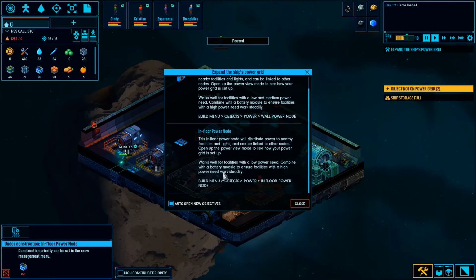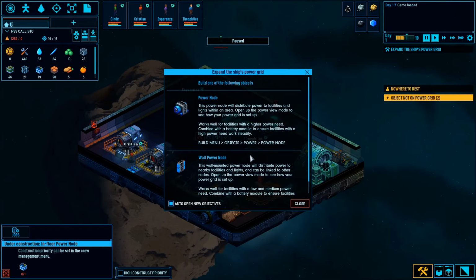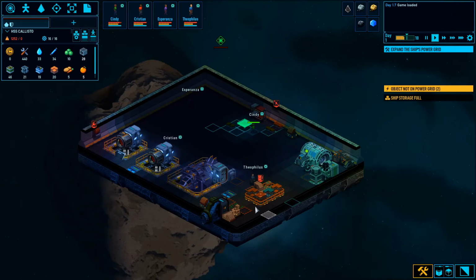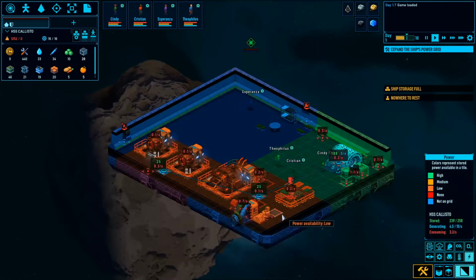In-floor node. Works well for facilities with a low power need, combined with a battery module to ensure facilities with a high power need work steadily. Oh, to power nearby facilities and lights. Oh, I see. Can be linked to other nodes. Facilities. Oh, all of them are. Okay, so the one generator here is probably going to be, hopefully, sufficient for all of our power needs. And then, as that happens, hopefully, we will have...